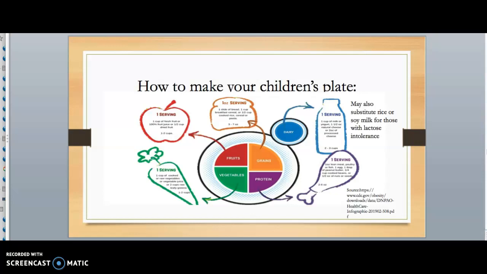Again, for those in the lactose intolerant population, we have rice or soy milk that can be used, or any kind of plant fortified milk. And the sources here at the lower right, the CDC.gov website, has great pictures that you can use too, and print out and make handy and easily accessible in your household.